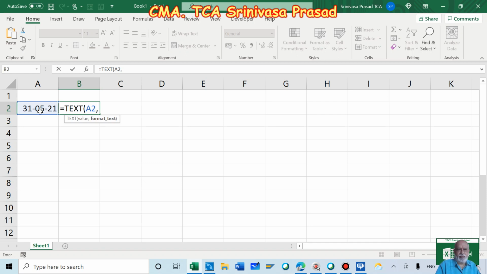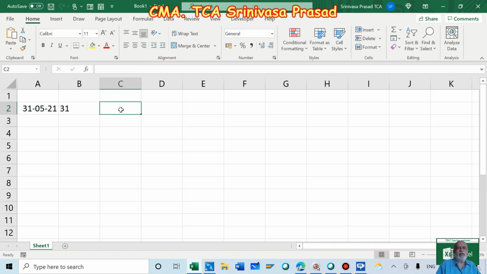Now we want the date only, so we write double quote dd double quote, then when you close you get 31. Just see the formula: TEXT A2 within quotes, when you say dd you get the date.